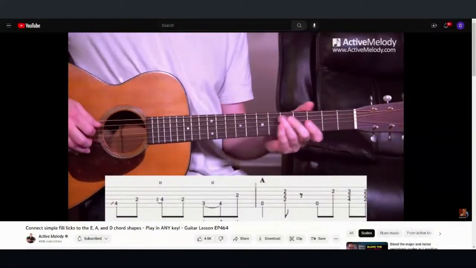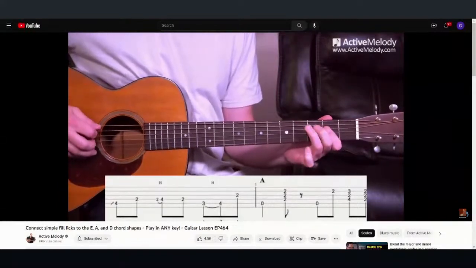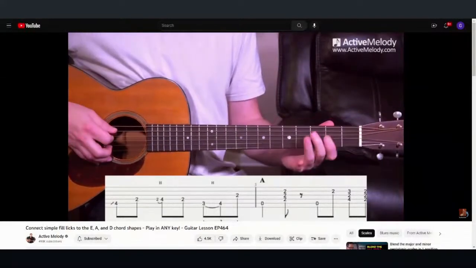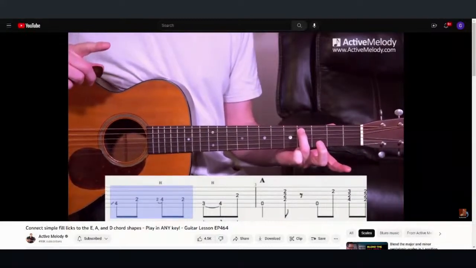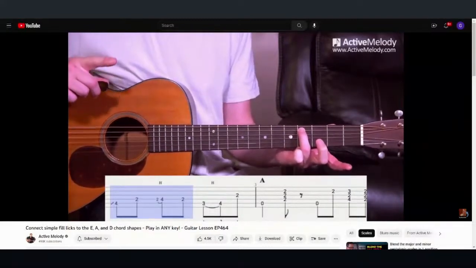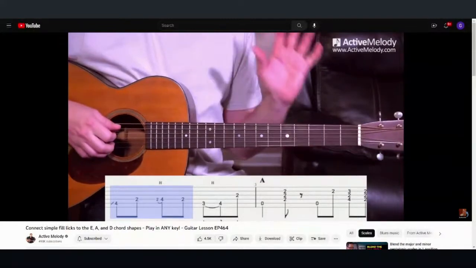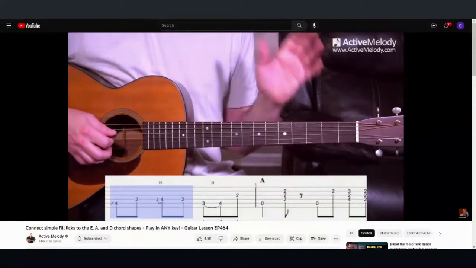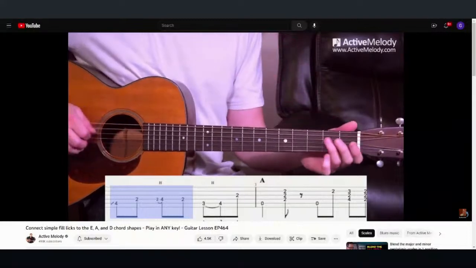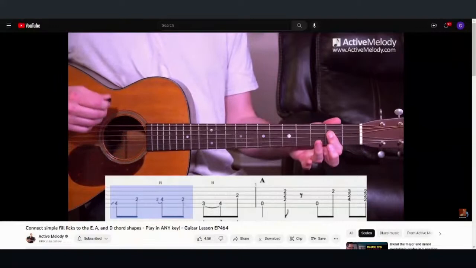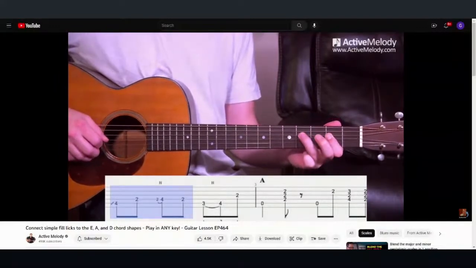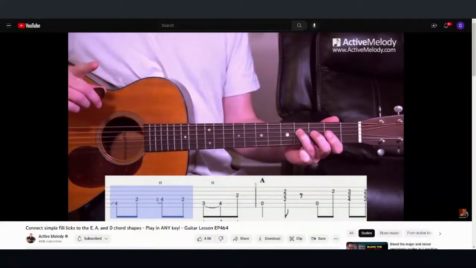Okay, so the first thing that we're going to learn goes like this. Right? That's our first lick. We're going to slide with our ring finger from the 2nd fret to the 4th fret on that 5th string. Just pay attention to that. Be thinking about that major pentatonic scale pattern 1. That's where these are coming from. And then we go up to the 4th string. We'll play 2nd fret, and then we do a hammer on to the 4th fret.